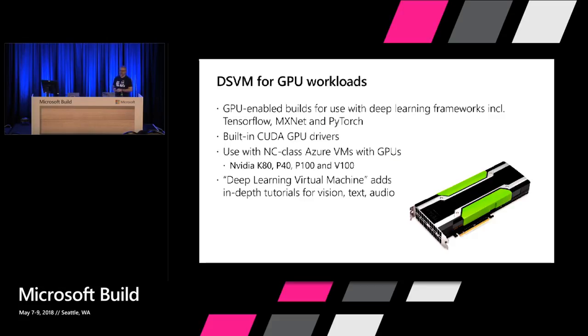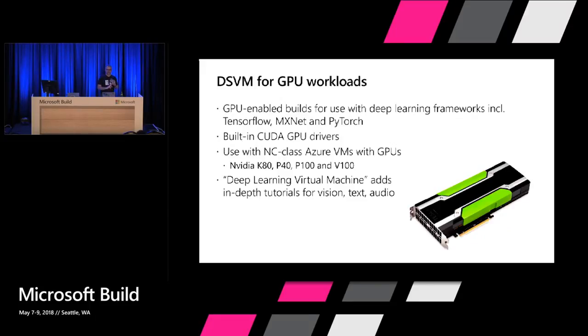The other nice thing about the Data Science Virtual Machine is that it's designed to work with GPU workloads. So if you're working with TensorFlow and want to speed up the training of models using its GPU acceleration and GPU distribution, that all happens out of the box. In fact, the versions of TensorFlow, MXNet, PyTorch, and other frameworks that are installed on the Data Science Virtual Machine are already pre-configured to use GPUs. There's actually nothing you need to do. It happens automatically when you run it on those GPU-enabled virtual machines. So that's in Azure, the NC class virtual machines,